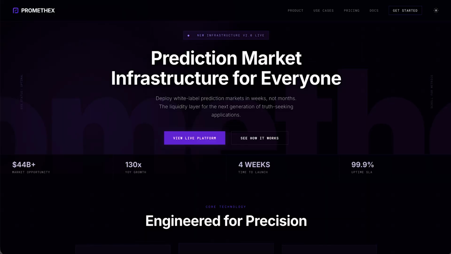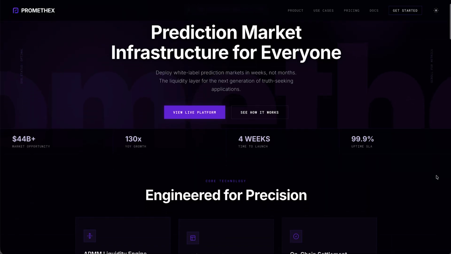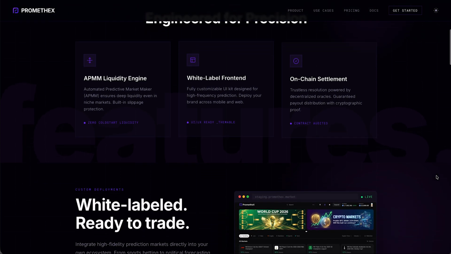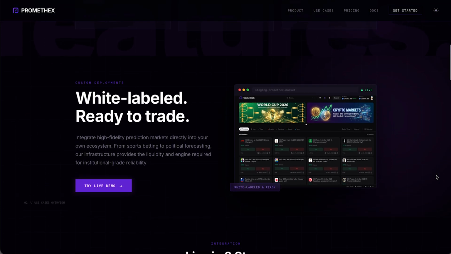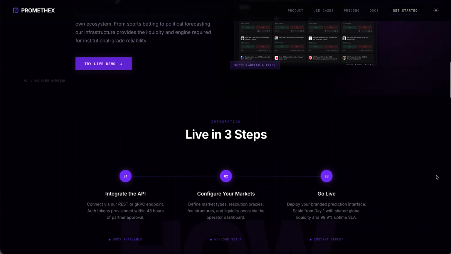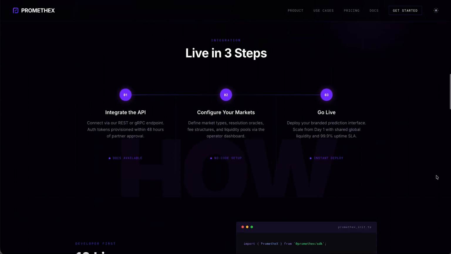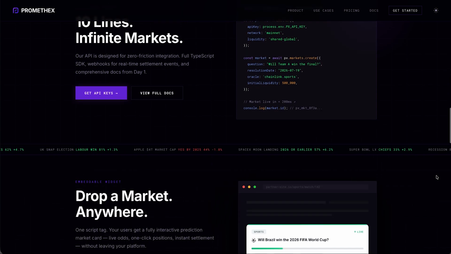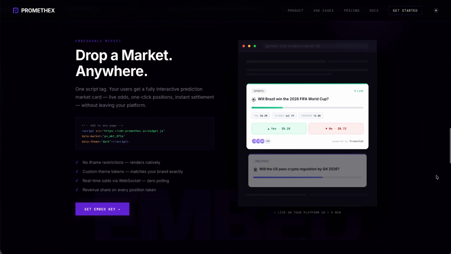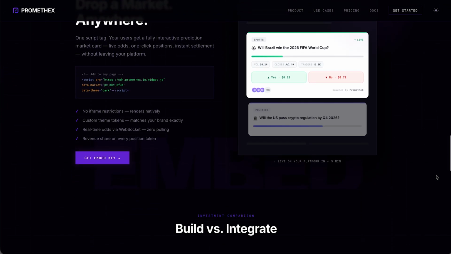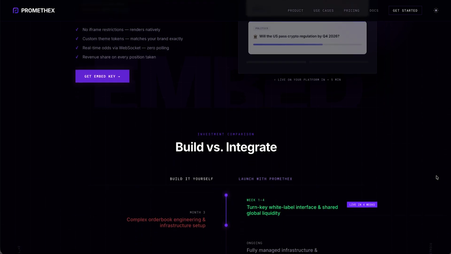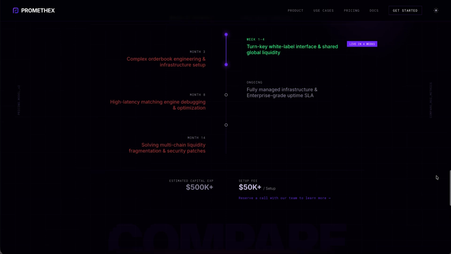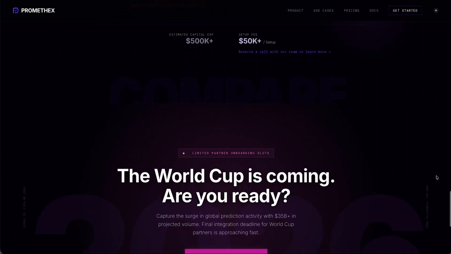And that's a complete walkthrough of the PrometheX Admin Panel. We've covered the full market lifecycle, from creating and publishing an event to deploying markets on-chain with custom liquidity and fees, to managing live markets and settling outcomes with the UMA Oracle. We've also seen how you can customize the front-end experience, manage your team with role-based access control, and extend the platform with our full-featured API. PrometheX gives you everything you need to launch and operate a world-class prediction markets platform without building the infrastructure from